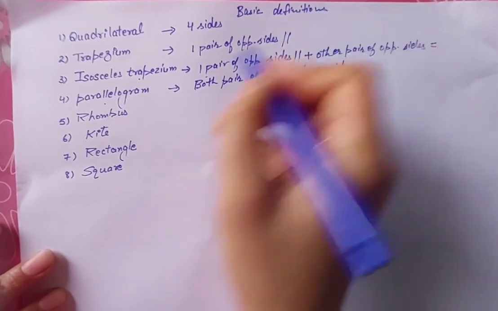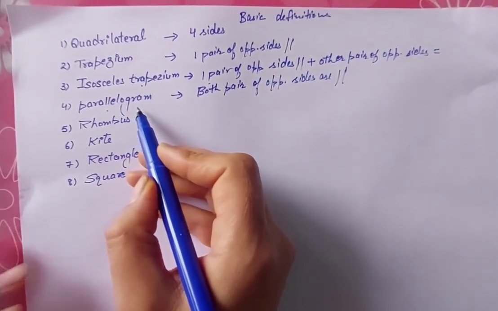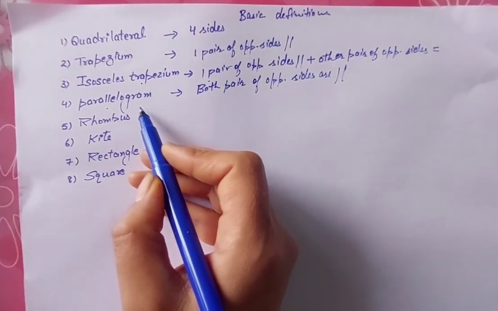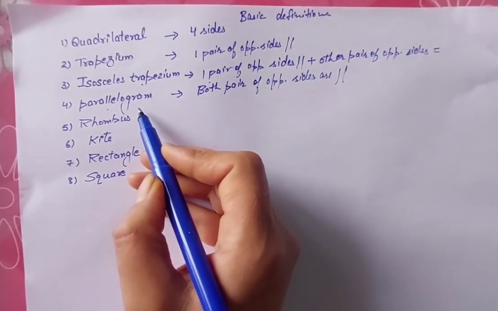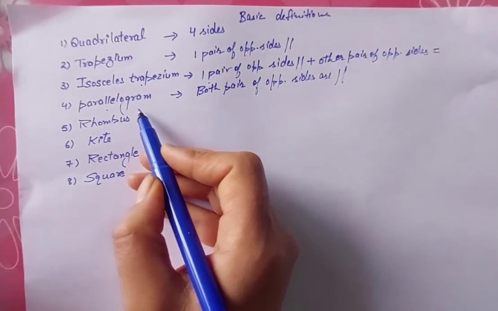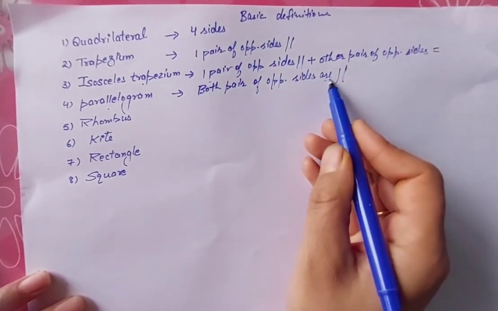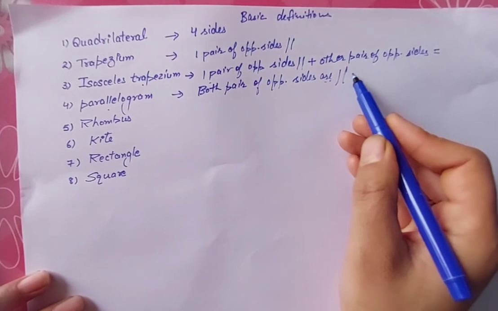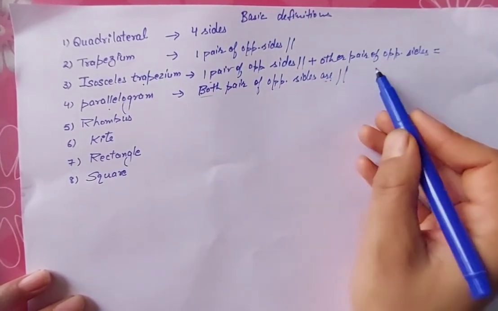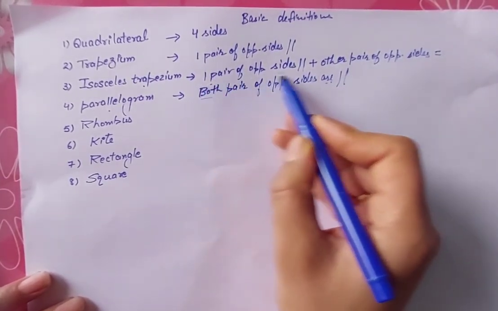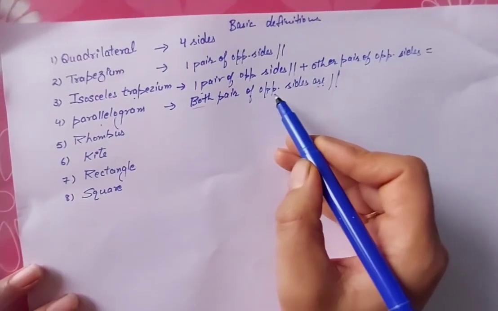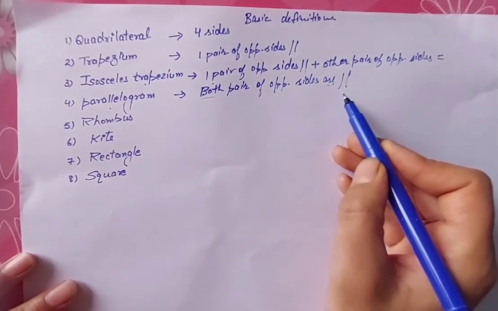If somebody asks you to define a parallelogram, you need not say any four-sided figure which has both pairs of opposite sides parallel and both pairs of opposite sides equal and opposite angles equal, and diagonals bisect each other. That is called a parallelogram. It's enough to say the first, because all the rest of the properties are derivatives of this. They have been derived from this single definition. So if you say both pairs of opposite sides parallel, that includes all the rest of the properties of a parallelogram, because all are derived from it.